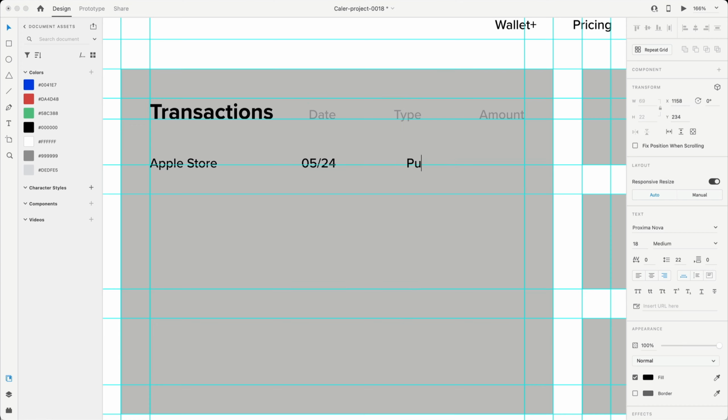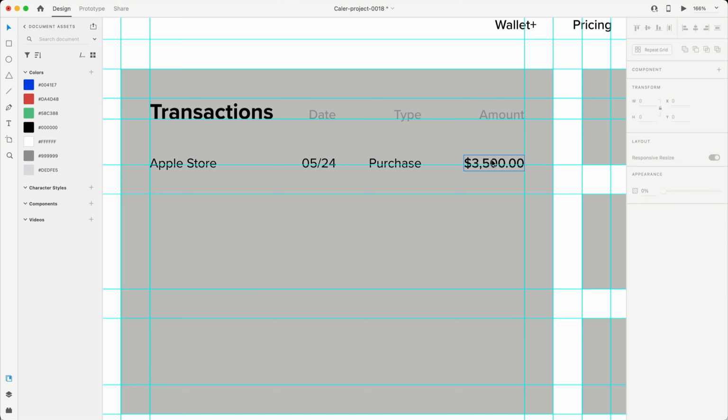Align that on the right side of type. We'll say that was a purchase, and then we'll create another duplicate. And then here we'll put the price of that purchase. So $3,500. And we'll leave this one at medium, but we'll grab the rest of these. So the type, date, and then the name, and we'll change that to regular, just so the amount stands out